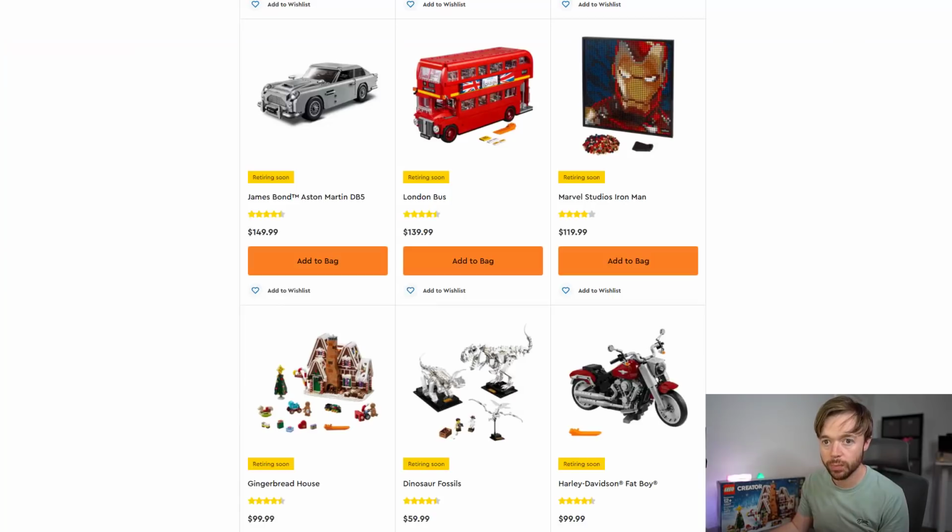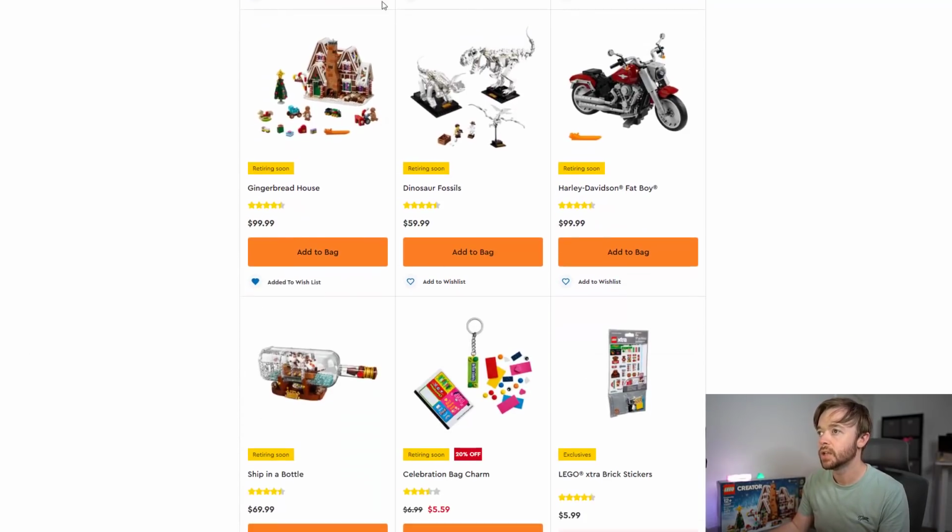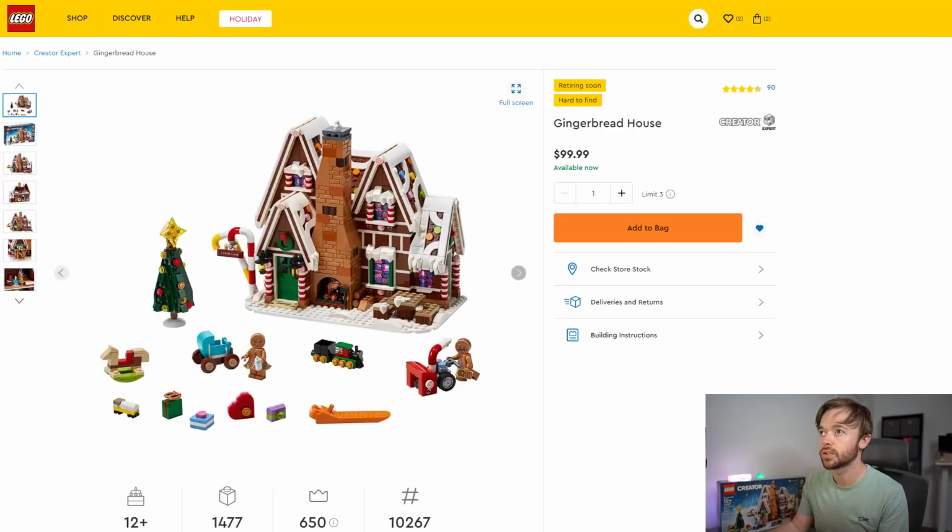All right, so jumping back into our list now, and next up we have the Gingerbread House. Of course, one of the more popular retiring soon sets and talked about sets on this list when it comes to Lego investing. This is the $99 set. I have one right next to me. Of course, I'm a big fan of this set. 10267 is this set, and it is 1,477 pieces for